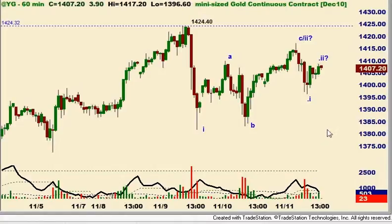And finally, gold possibly also peaked. The recent high, 1424.40. Again, 1424.40 is the peak from the 9th. You have a very impulsive looking decline on good volume. You have a corrective looking rally back up on somewhat diminishing volume. Most of the volume has been on the downside, and indeed a possible secondary small 1-2. So again, we do not want to see this top from a few days ago breached, but right now it's possible we have a